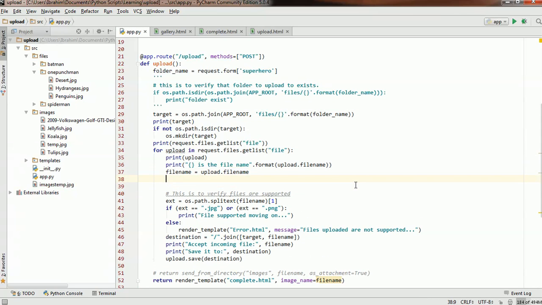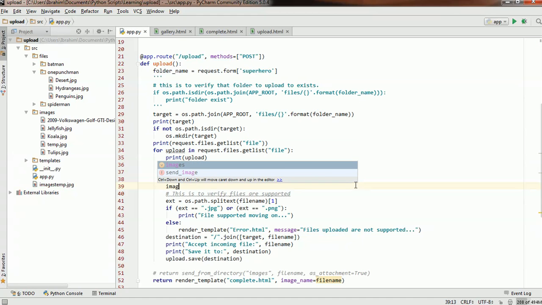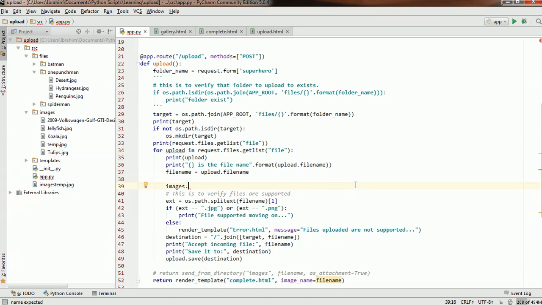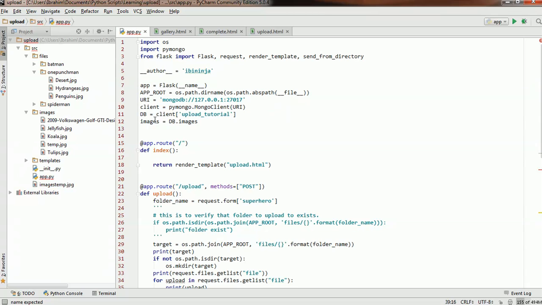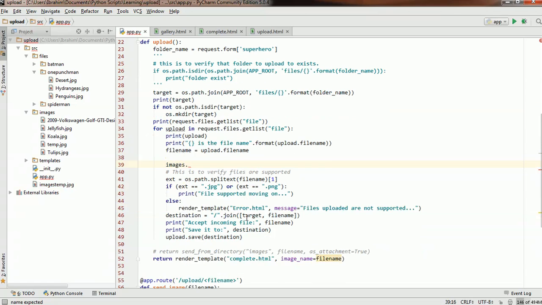So the way we're going to use that, we're going to use the images collection. Again, this is why we specified it as a global variable here, so that we just read it inside here without every time specifying the URI and the client. So there we are. So images, and then I'm going to insert_one, and the document that we want to insert is basically